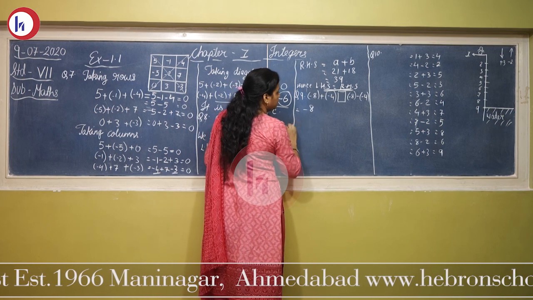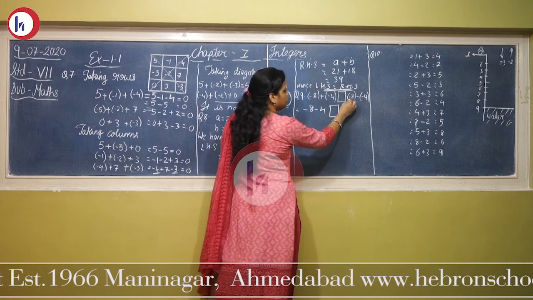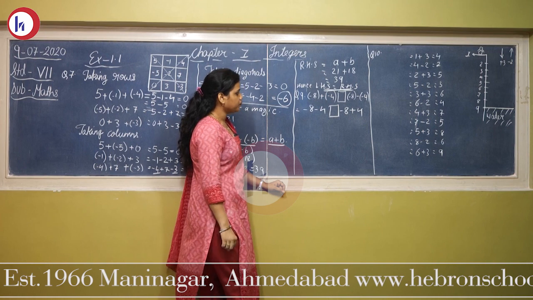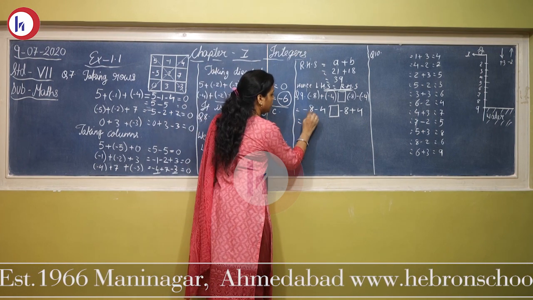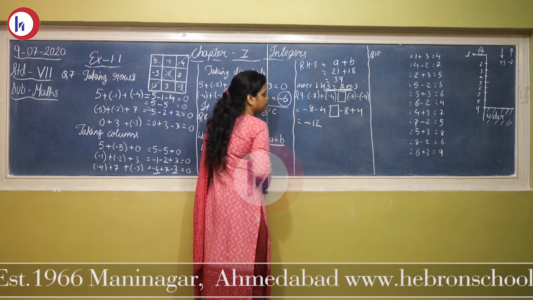Opening the bracket, first thing, plus into minus, minus 4. We will keep the box as it is. Here minus 8. Minus into minus is going to be plus 4. Now you can see two integers with the same sign. Again, same sign, we add the numbers, that is 8 plus 4, 12. Sign of negative.